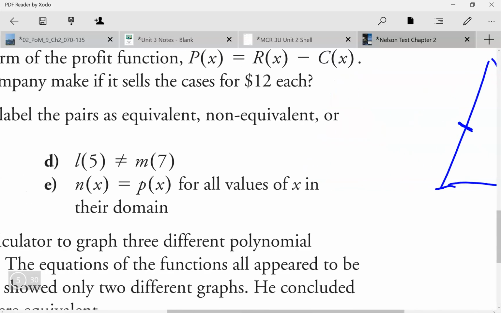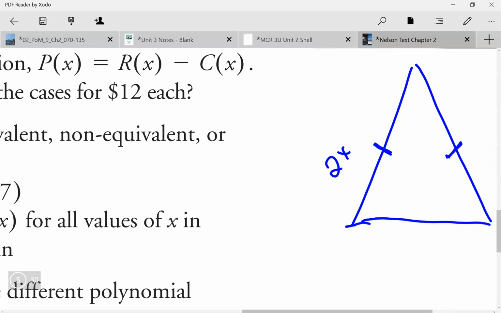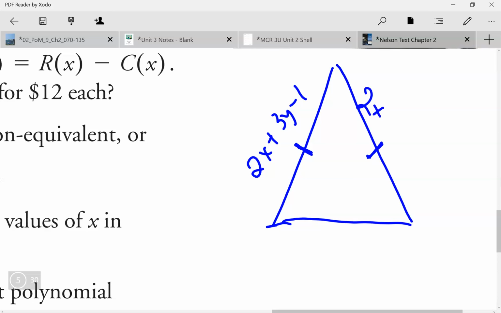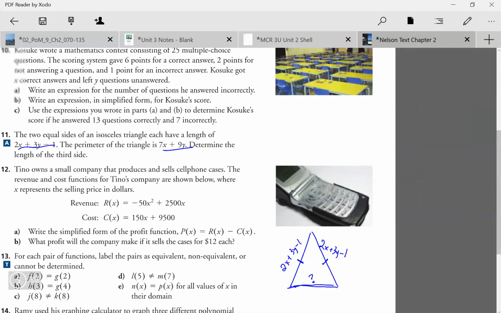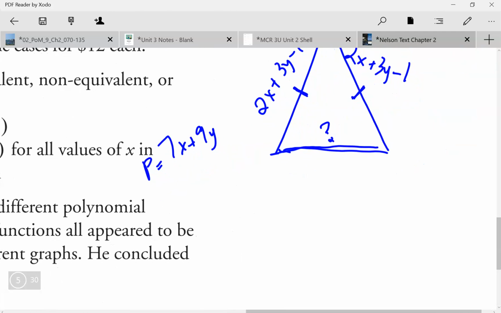And what are these lengths? 2x plus 3y minus 1. 2x plus 3y minus 1. So this is also 2x plus 3y minus 1. I have to find the length of this side, so let's put that as a question mark. And I'm given the perimeter of this triangle is 7x plus 9y. So what's another way of writing it? I'm going to write perimeter, which is equal to 7x plus 9y. But this is also equal to